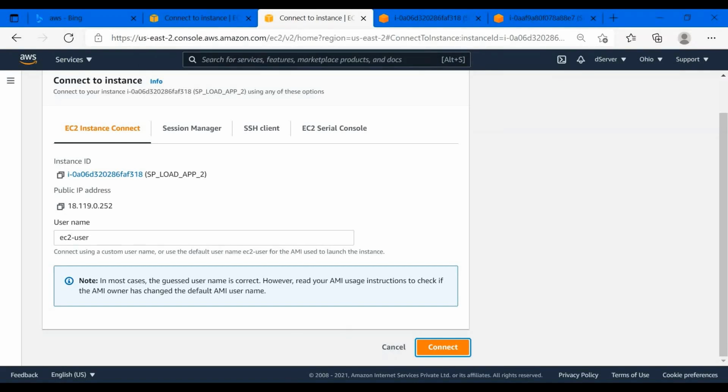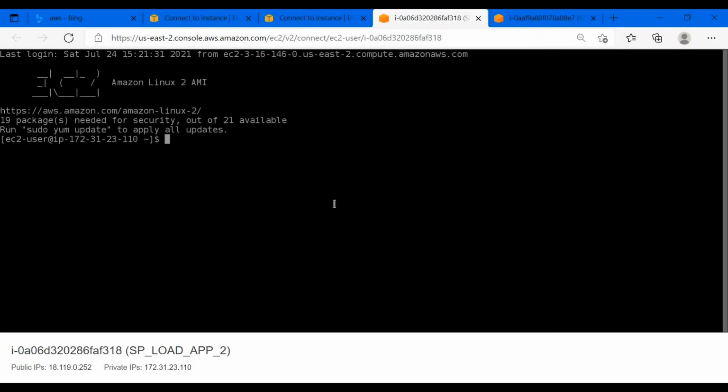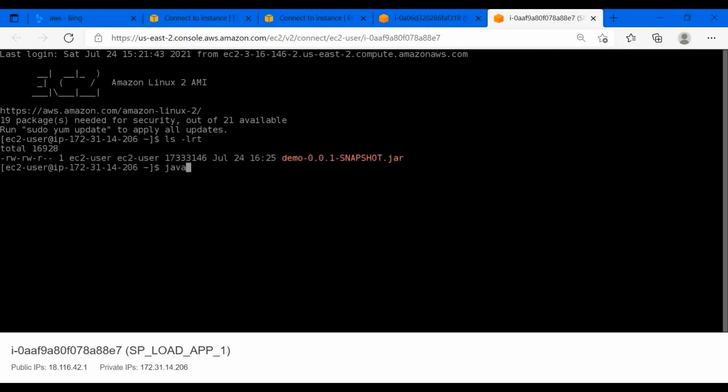Whatever security groups I have given, you can see everything from that video. So let's execute that new jar file that we have just created.